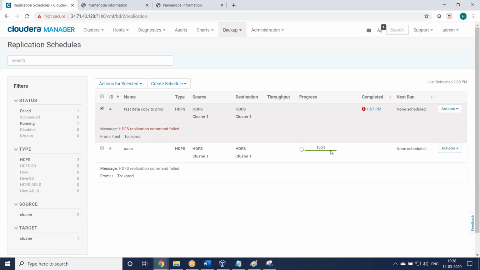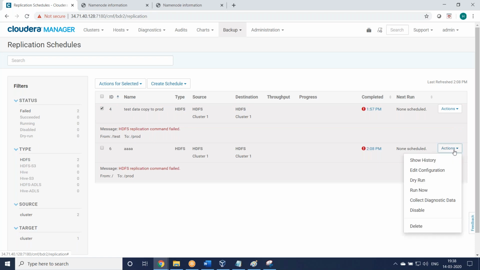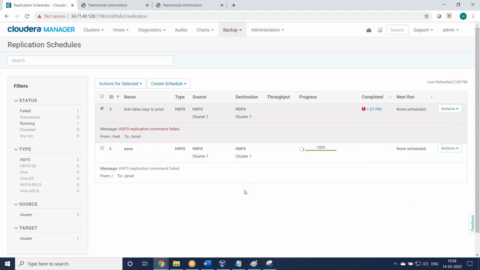It is trying, the job starting to copy, but it is failing. I don't know what's the reason for that one. Dry run. So there may be some configuration issues.